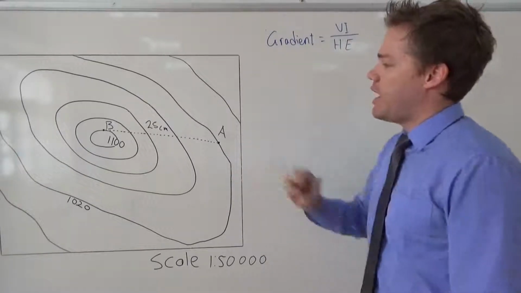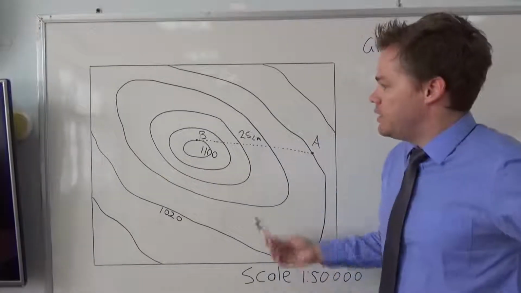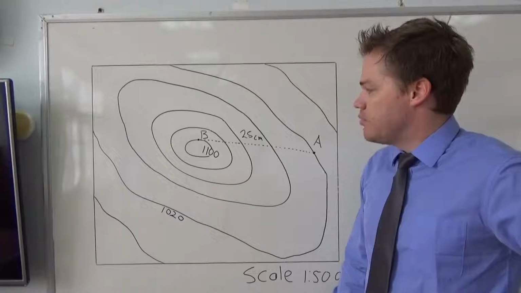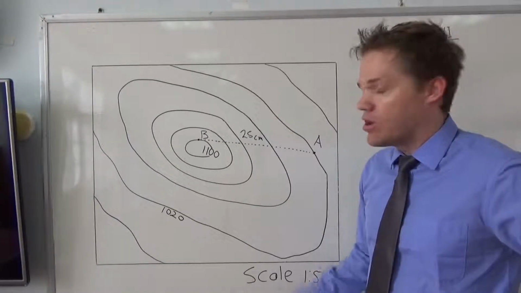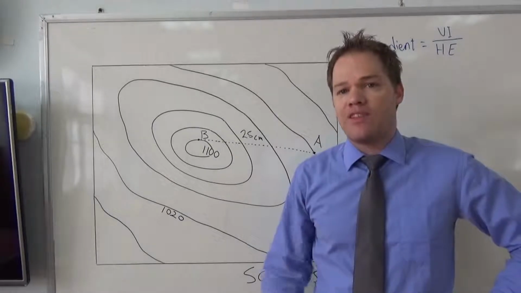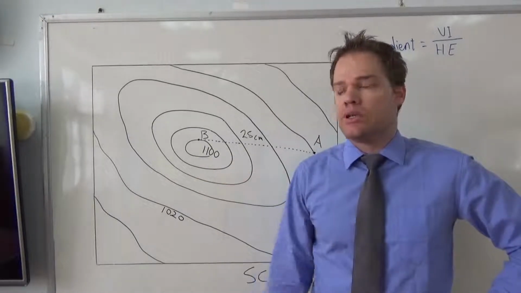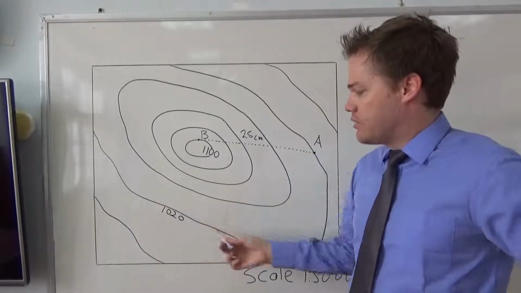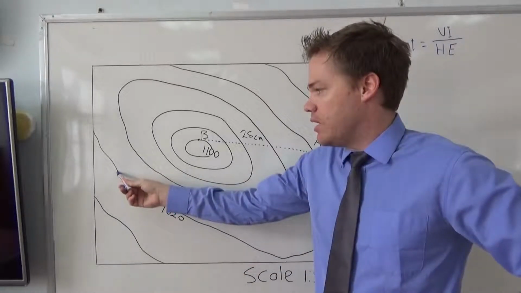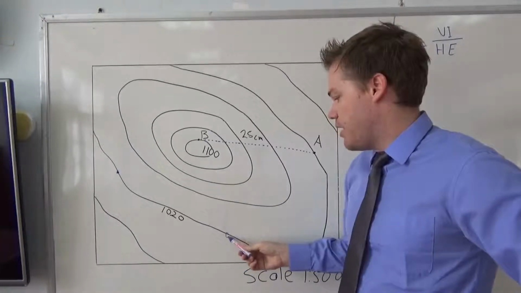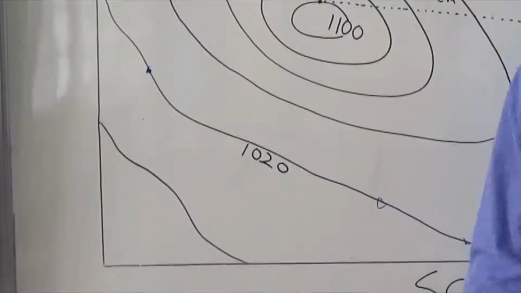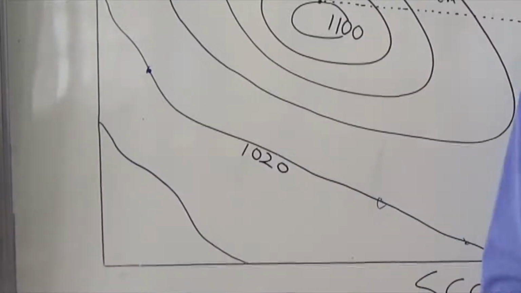So let's have a look at our map. So here we have a few contour lines. Now it's important to understand what they represent. A contour line is a line that connects every place with the same altitude. So in other words, on this line here, for example, each and every place on the line, doesn't matter where we go, it could be here, it could be there or here, every single place on this line is 1020